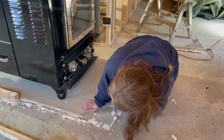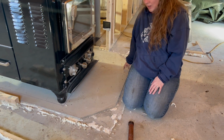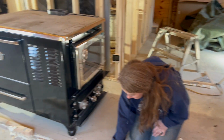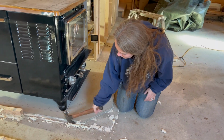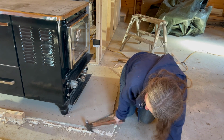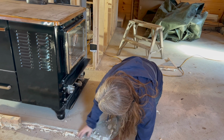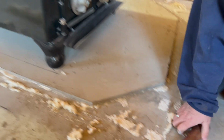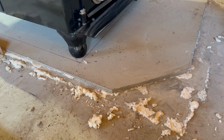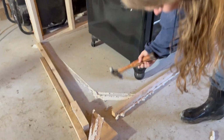That sucks though that it had to be thinner because I love how this looks on its own, and it did really good. It sucks that it's not a hearth. We should have made it thicker on that side. I'll show you the difference. So it's pretty thick here, pretty solid. And then over here, it's like,